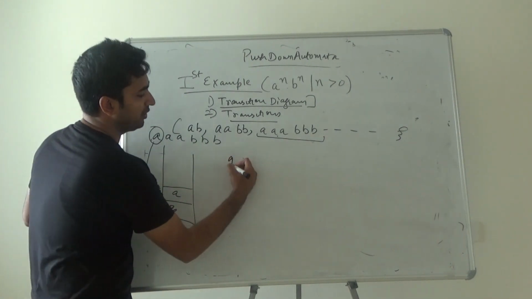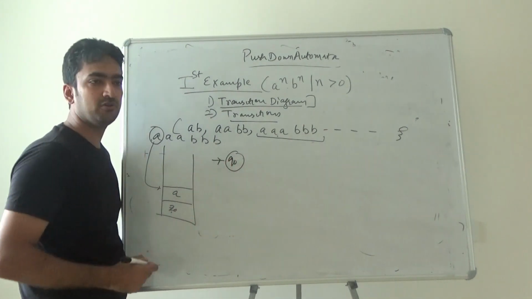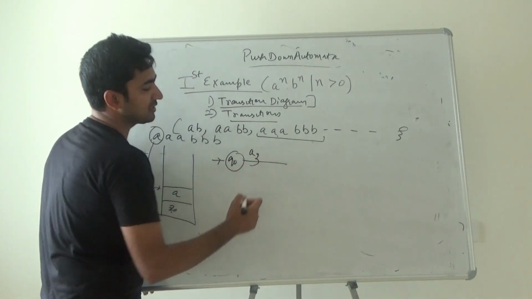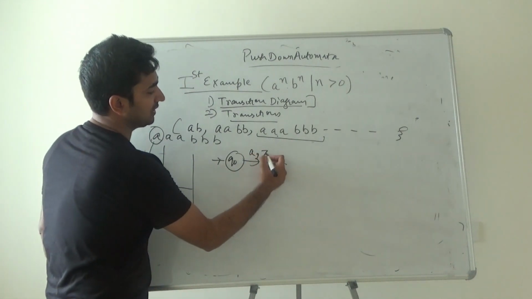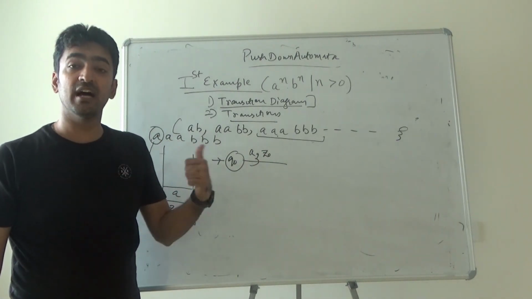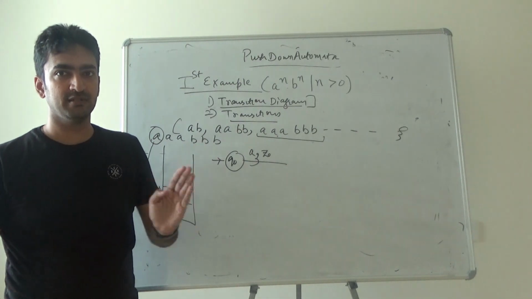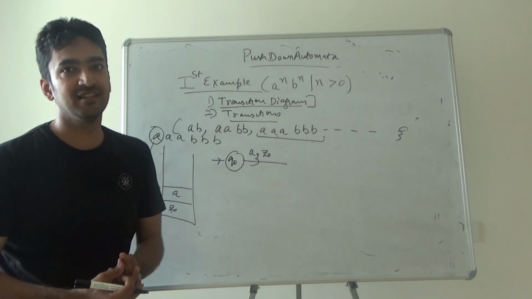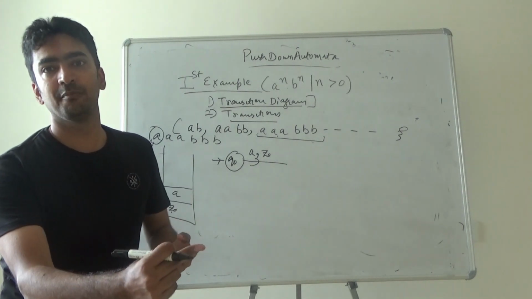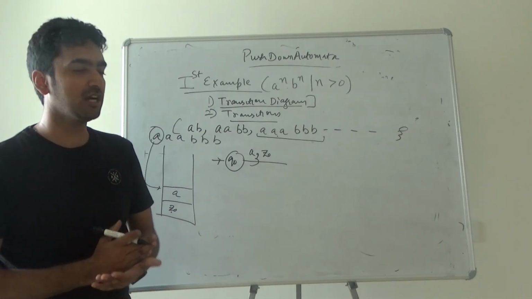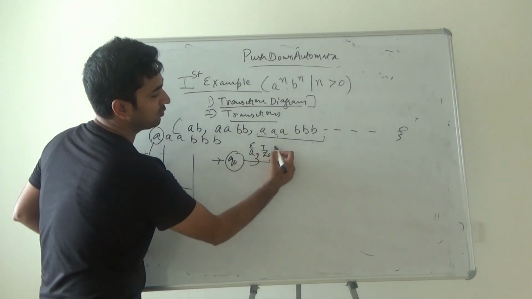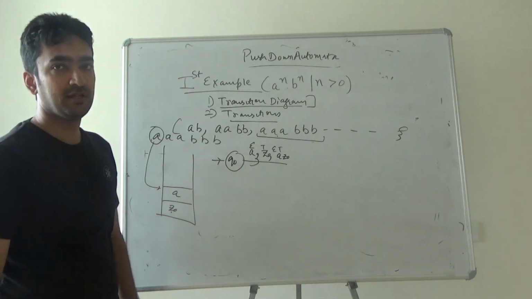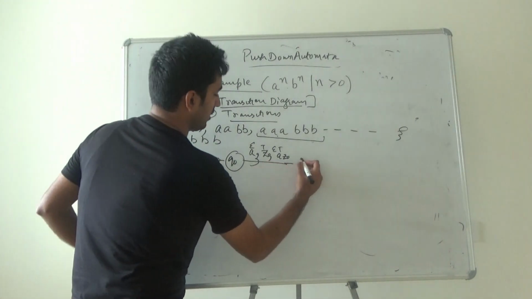I'm going to start. I have seen that A is the first element. It checks the top of the stack is Z0, and we just have to write the answer. If A comes, it checks the top of the stack is Z0, and if it is supposed to be inserted into the stack, the answer would be input as well as top. That is push. So whenever a push operation comes, the answer would be element and top. So I am writing Z0.